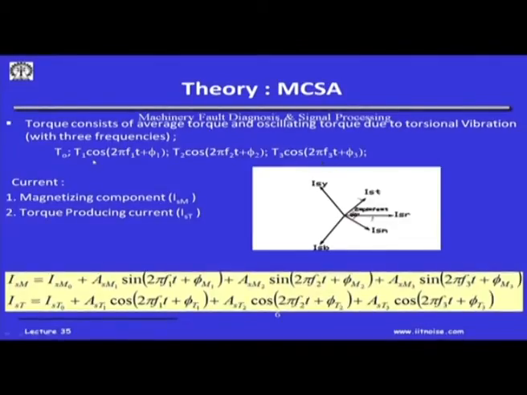these are 3 mechanical defects which I have taken, and basically the 3 torques responsible for these defects produce 3 torques T1, T2, T3. Okay. If I sum them up, one is the static component of the magnetic, the first equation here is this magnetic component, the DC component, and the time varying component because of f1, f2, f3, and quadrature to it is the torque producing current IST, which is given by this. Now, if I just add them up, they are all similar. You could have taken also any one of them to demonstrate.